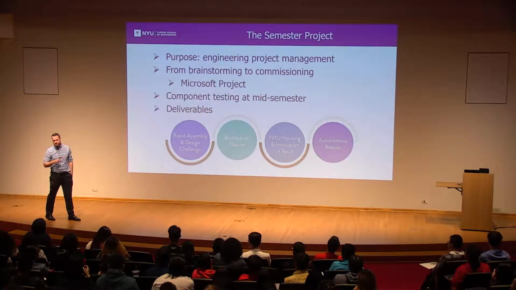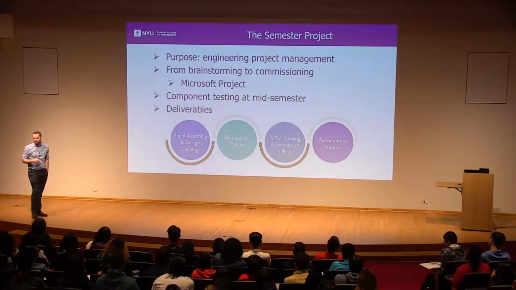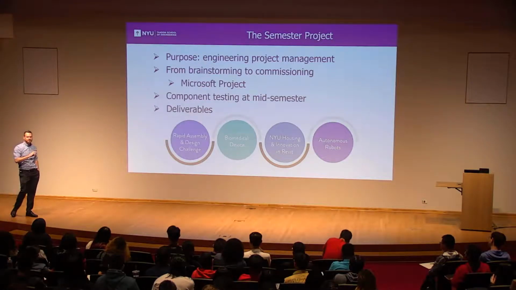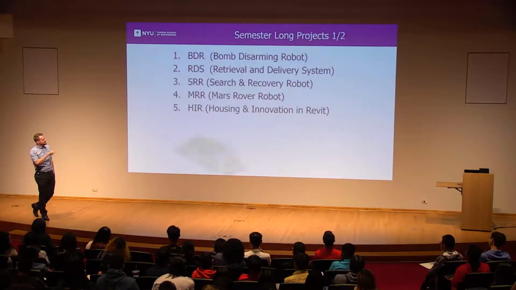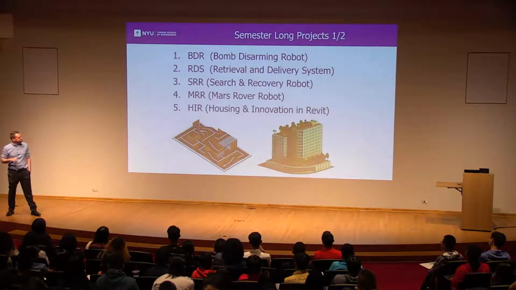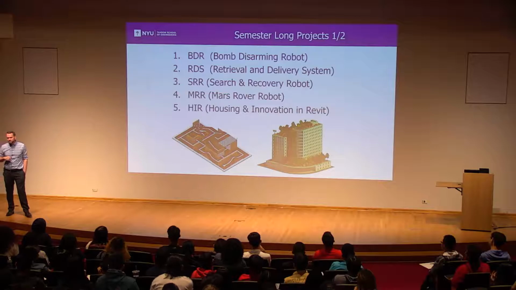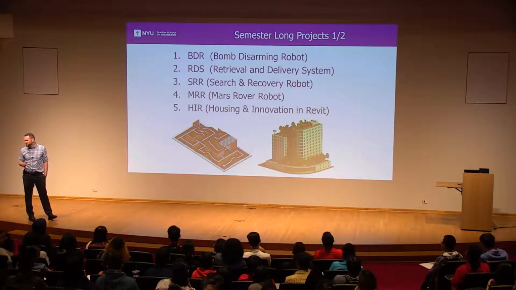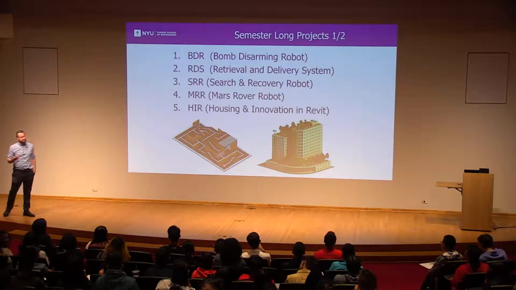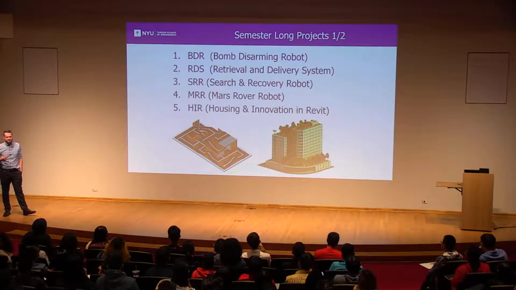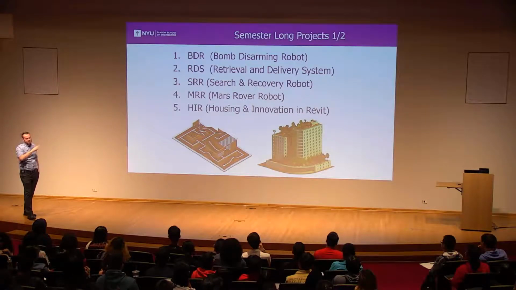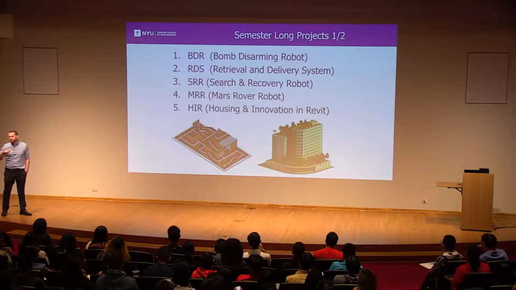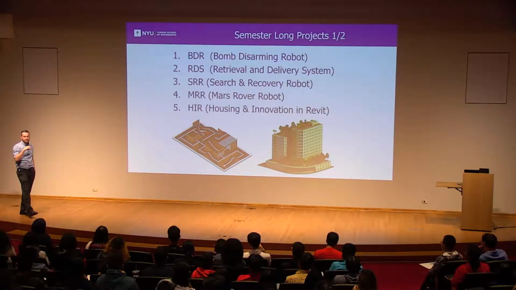The Autonomous Robot Projects, you'll be using LEGO Mindstorms, where you click one button and then the robot needs to be able to complete an entire obstacle course without any intervention. So the 4 robot projects, which you'll see in the model shop next week, are the bomb disarming robot, the retrieval and delivery robot, search and recovery robot, and Mars rover. So simulating a variety of real-life scenarios, including delivering a bomb, or disarming a bomb,